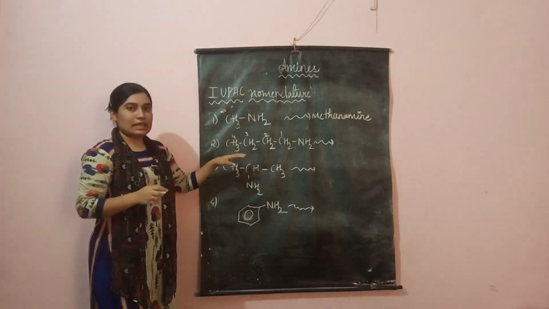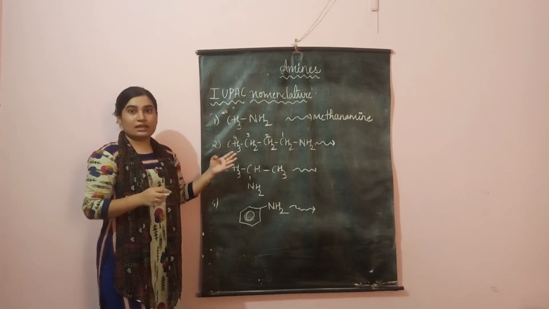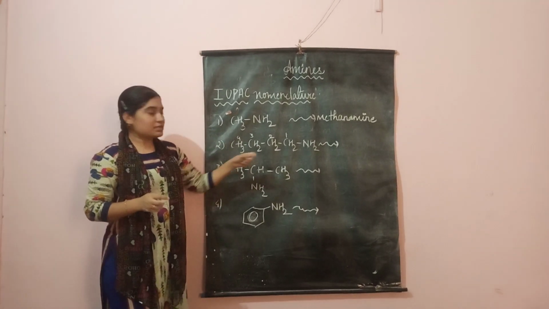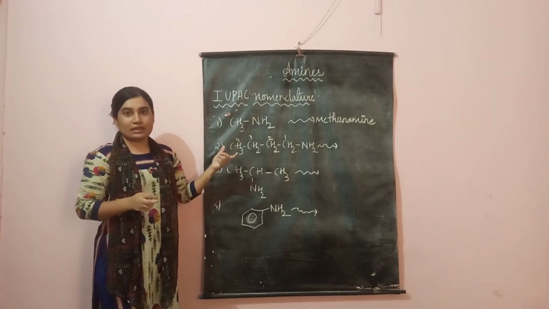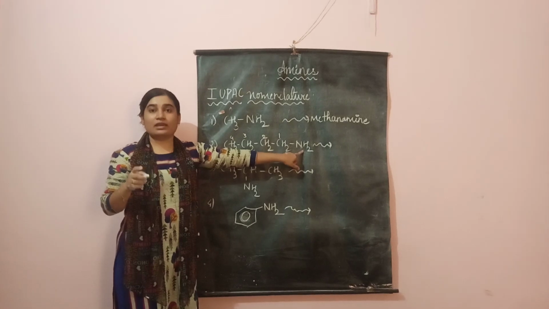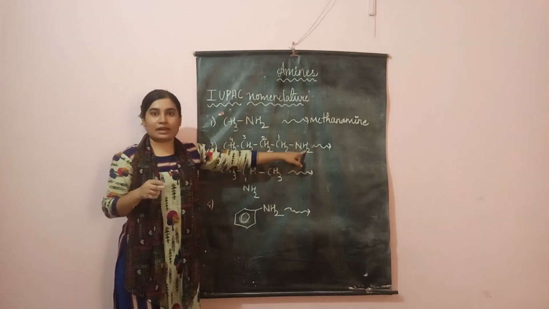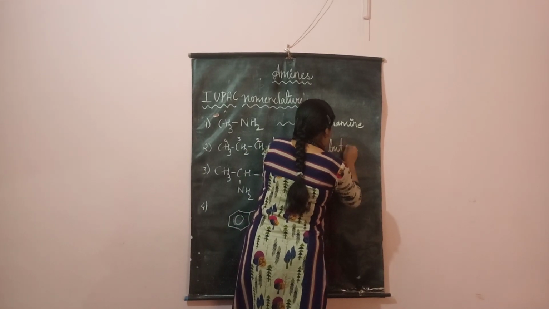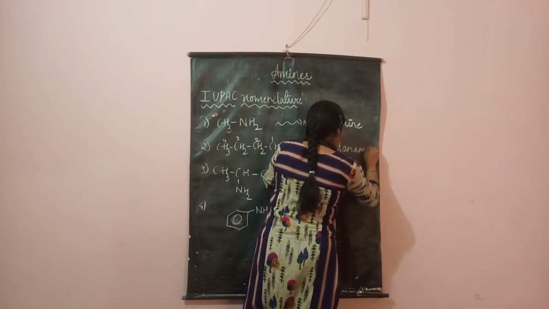So what is the alkane present? If 4 carbon atoms are present, it will be butane, single bond each. Root word is but, single bond, so it will be ANE. Since again only one NH2 group is present, I will be erasing E, and in that place I will be writing amine. So I can write the name to be butane amine.